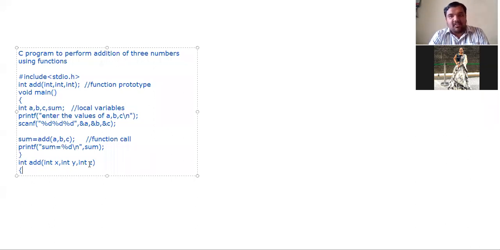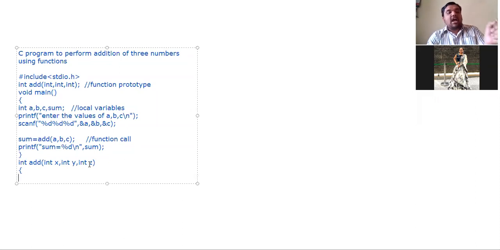This is an example for the pass by value parameter passing method. There are two types of parameter passing techniques: pass by value and pass by reference. One such method is pass by value. Yes, so let us continue.